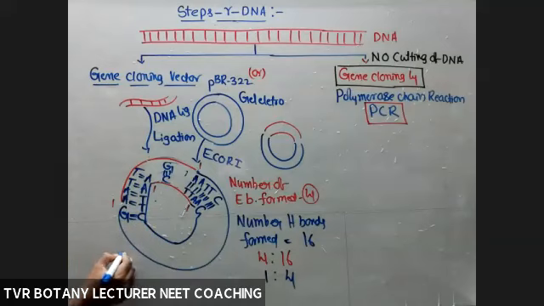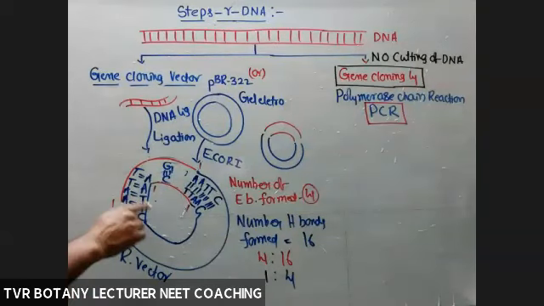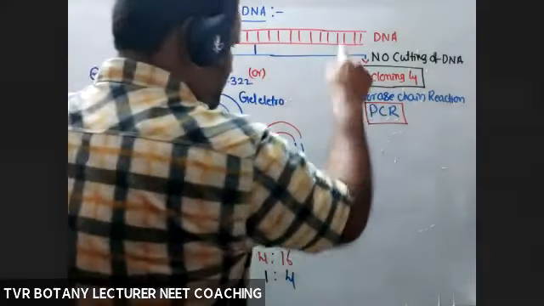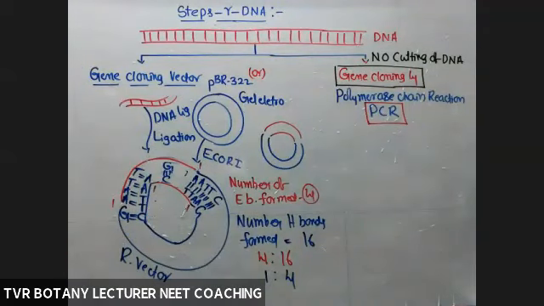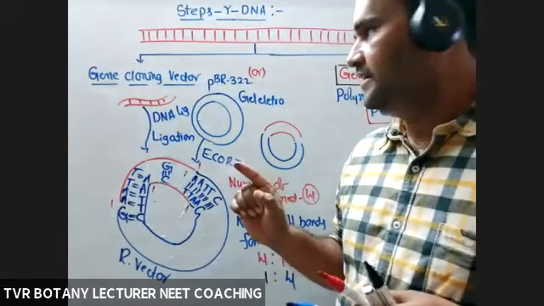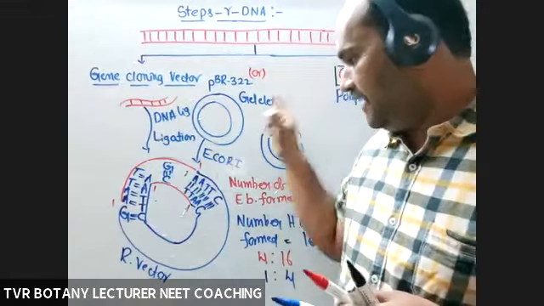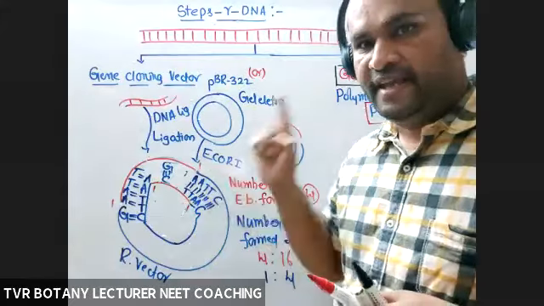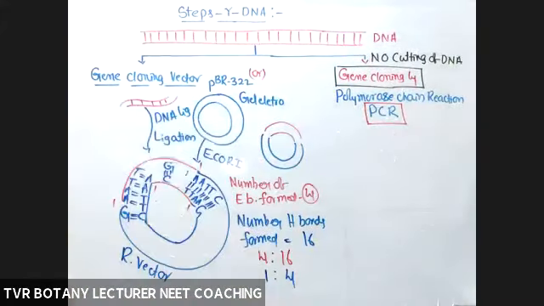Now this one is a recombinant vector. Now introduce this one into a bacterial cell. We'll see that one later. Ligation completed. Now what about gene cloning by means of PCR? So far we completed digestion of DNA without PCR, and ligation also. Next is gene cloning by means of PCR.